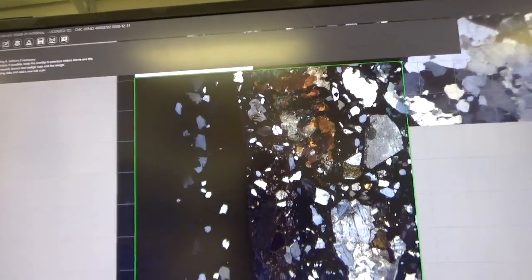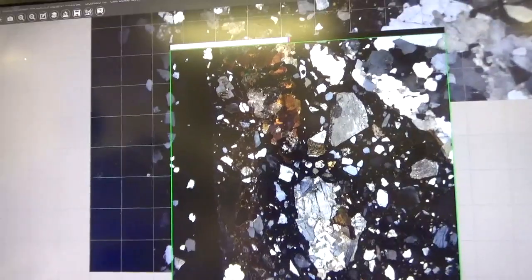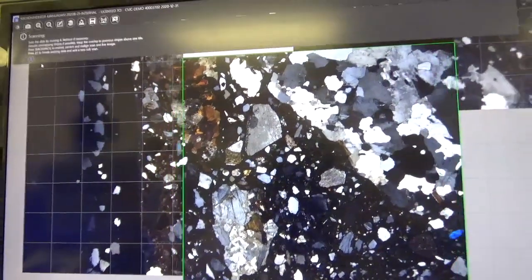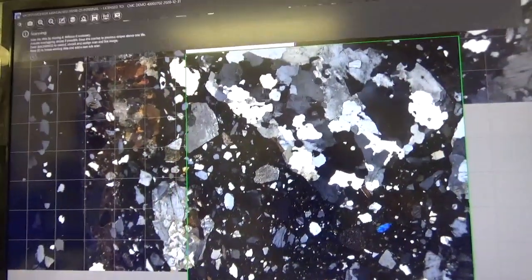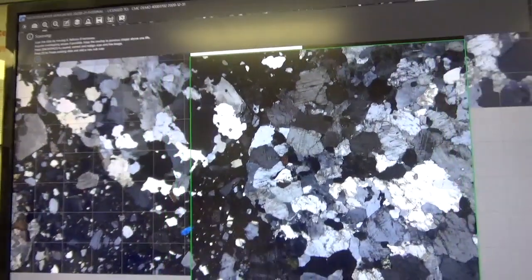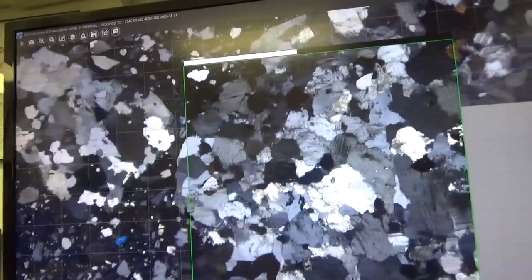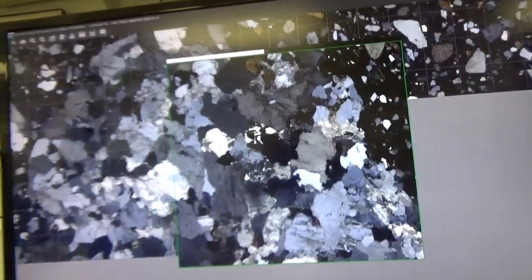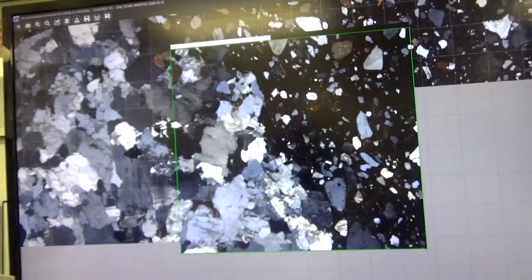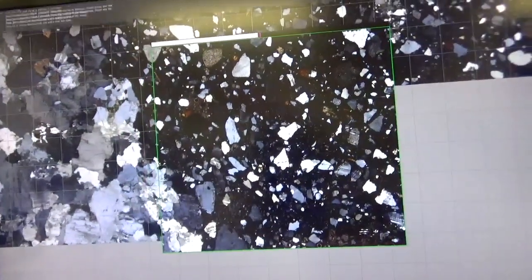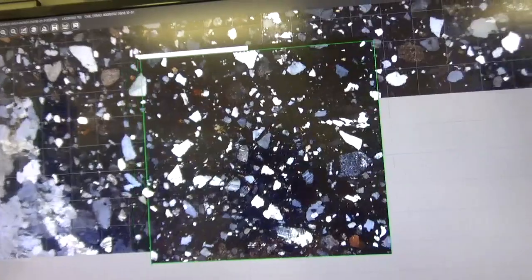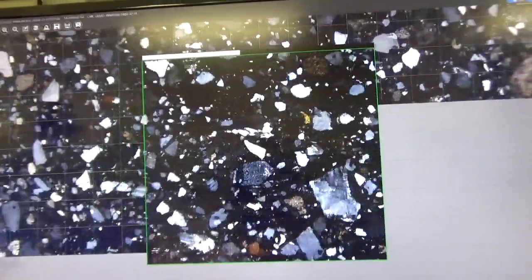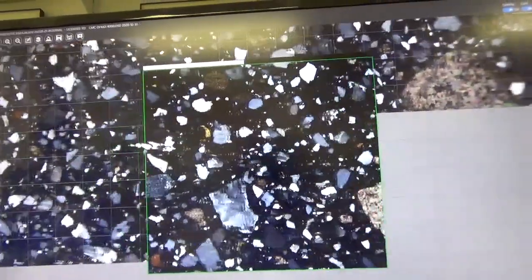You can assess the air content, the air void distribution, the cracks, the crack distribution, the porosity of the paste, and the distribution of the water-cement ratio in the paste. All of that information you can get from the plain polar scan, whereas the aggregates, the coarse aggregate, the fine aggregate, the crushed stone, the gravel, and the carbonation of the paste, all that information you can get from the crossed polarized light